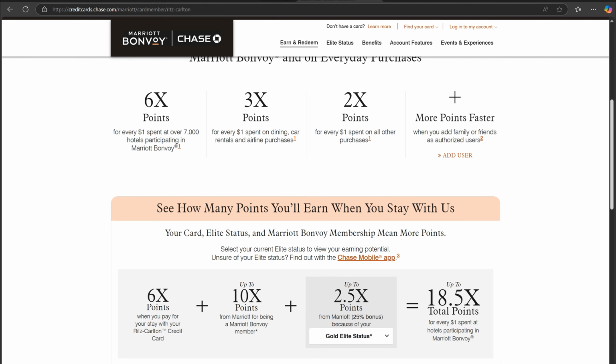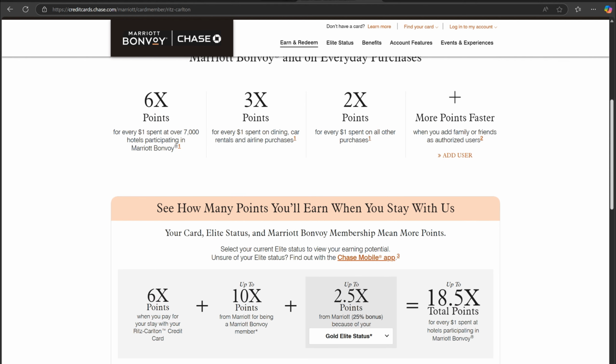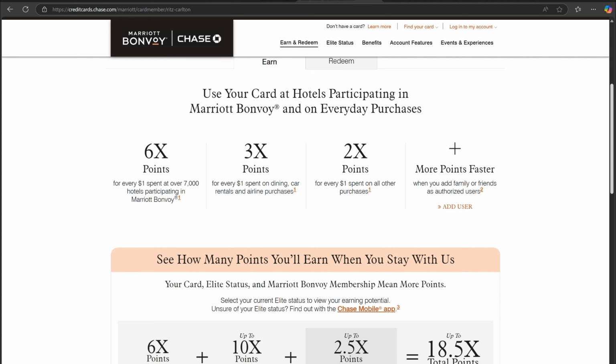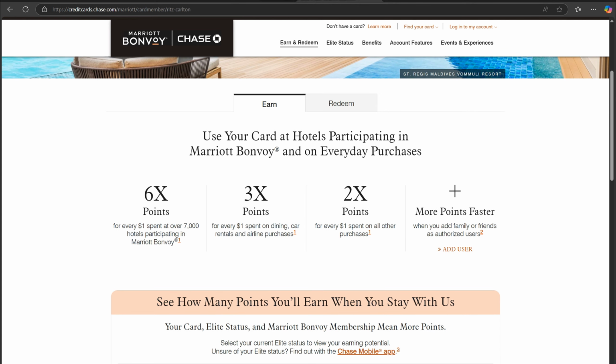Cardholders also get Gold Elite status in the Marriott Bonvoy program, with perks like room upgrades and late checkouts. Spend $75,000 on the card in a year and you are bumped up to Platinum Elite. That's serious VIP treatment. Oh, and did I mention you will have access to Priority Pass lounges, perfect for relaxing